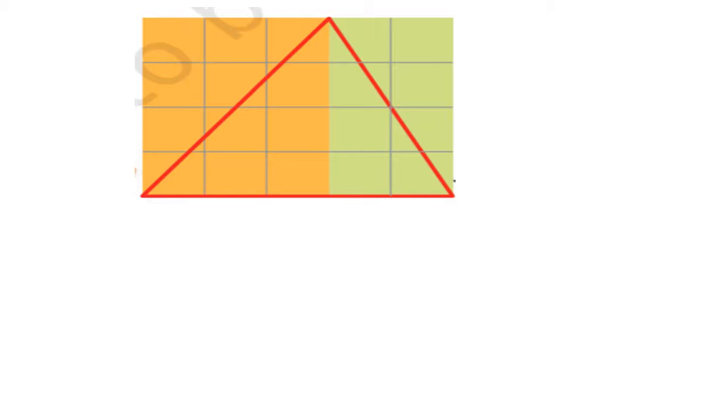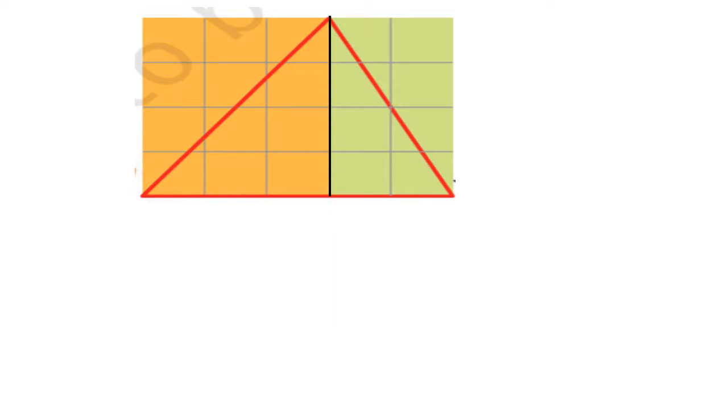Now you can see this rectangle is divided into two colors. One is yellow color, and the other one is light green color. First of all, we'll find out the area of the yellow part, then the area of the green part, and then we can get the area of this triangle also. Let's see how we are going to do it.